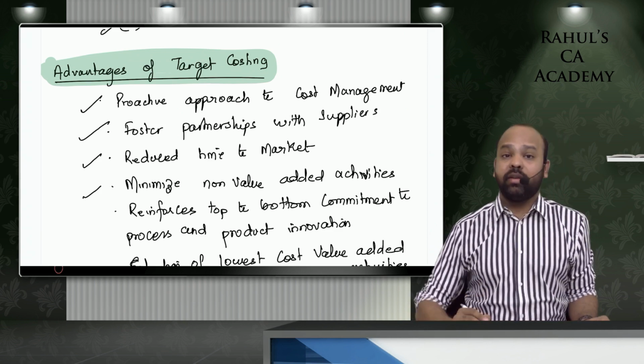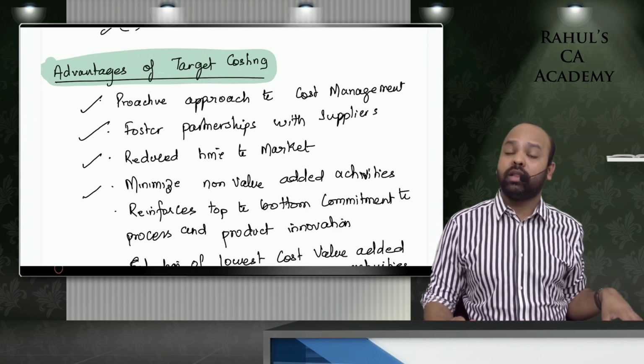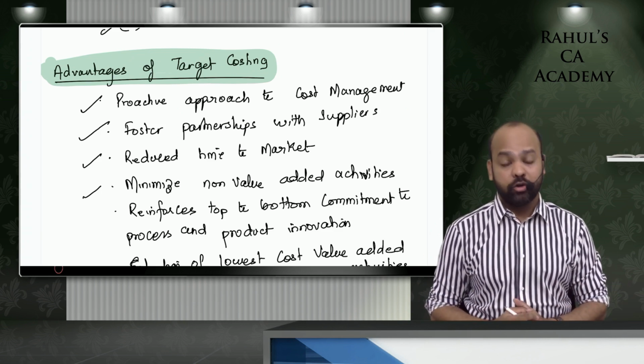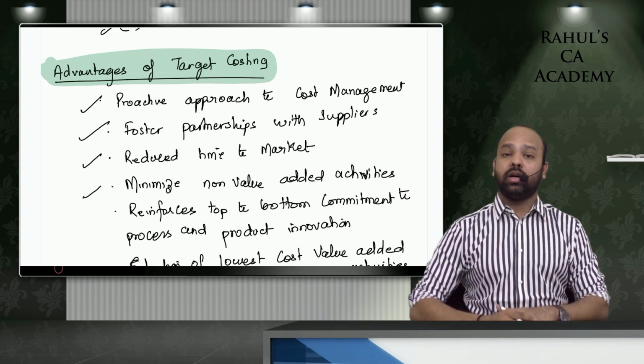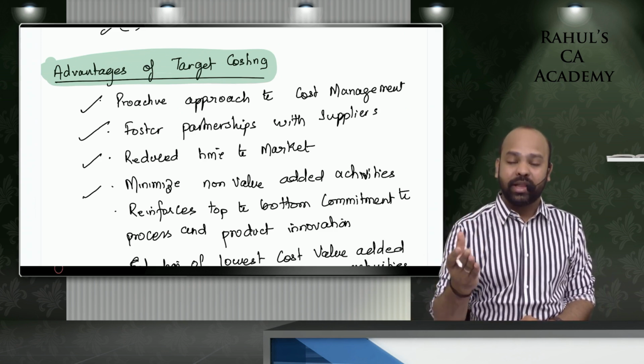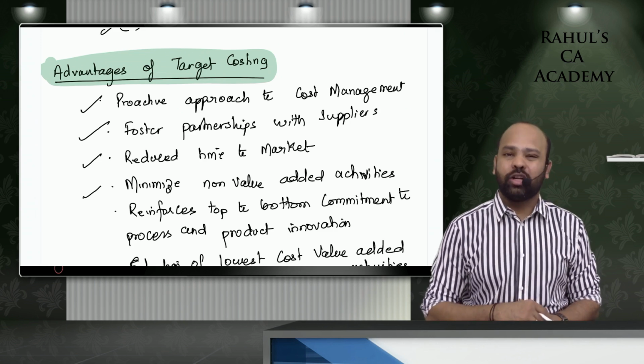Minimize, undoubtedly, guys, if you want to reduce cost, that is what we have learned in the previous chapter. Lean system and innovation, guys. Lean system is all about cost reduction, please do not forget that. So we have learned under lean system that the objective is to eliminate all non-value added activities. By doing that, you will be able to reduce the cost per unit of the product.